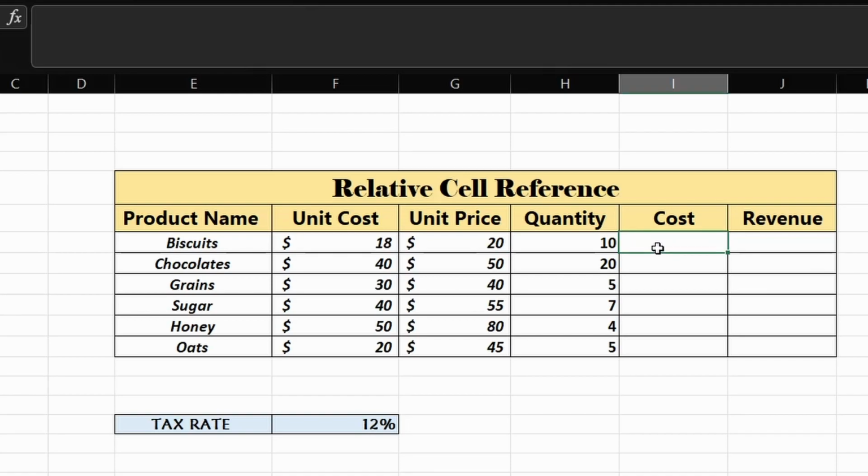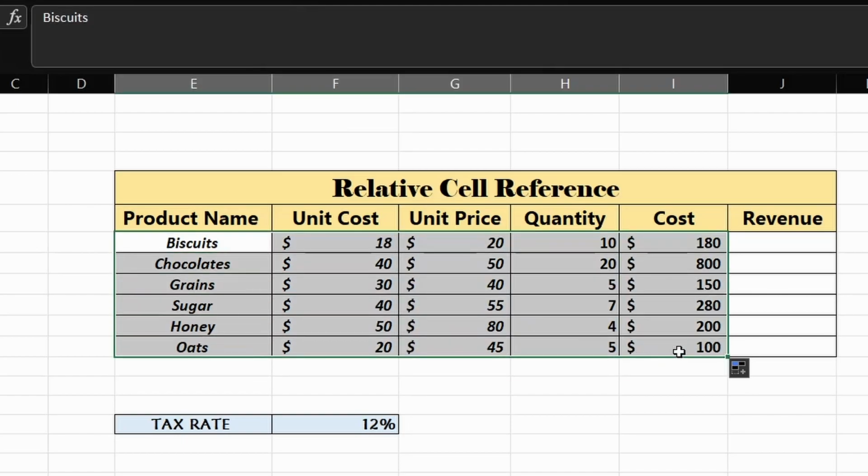In order to make it faster, I will give the cell reference. Just put equal to, select the cell that contains the cost of the product, then multiply it with the quantity. Here we have a formula, F7 into H7. It means that whatever is present in the F7 cell, Excel multiplies it with the H7 cell, and it returns the cost. In order to get this for all the products, just come to this small square box. A plus sign will appear when you hover over it, double click, and you can see that you have got the cost for all the products. It is very simple.